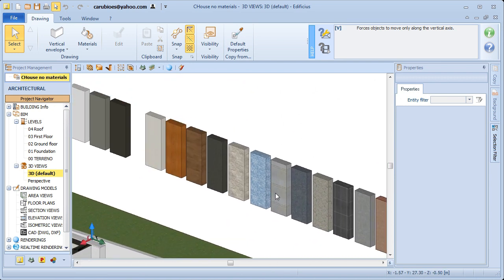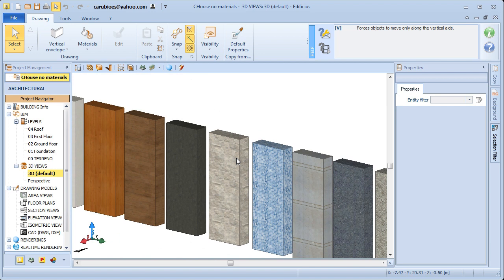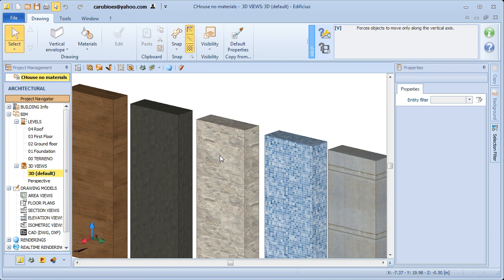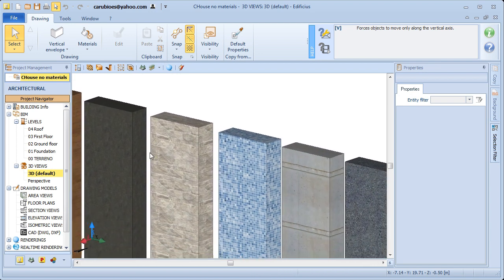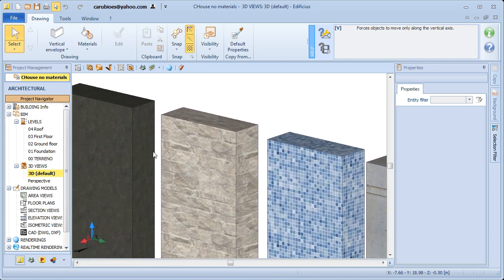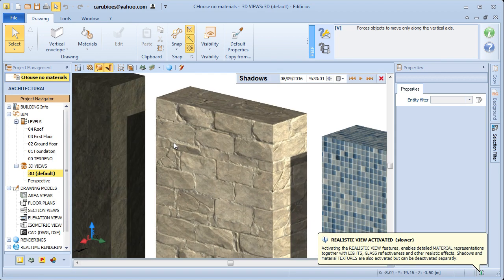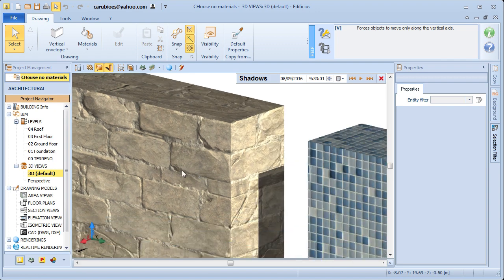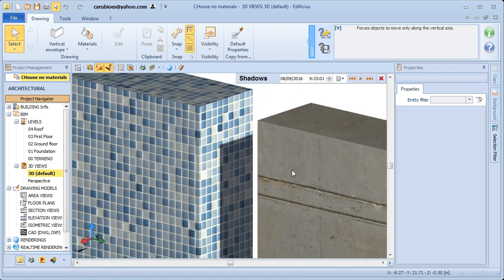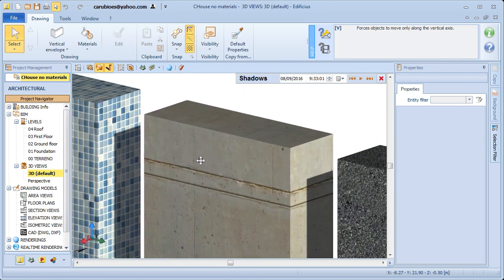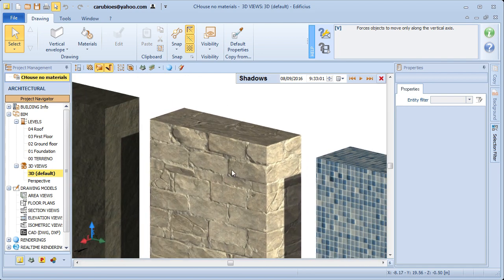Let's now go back to the model. Here we have downloaded a series of high quality 3D materials so that we have them instantly available whenever we need them. If we activate the realistic view, we can see that these particular materials have a very high definition. Applying these materials to our model, such as this stone material,